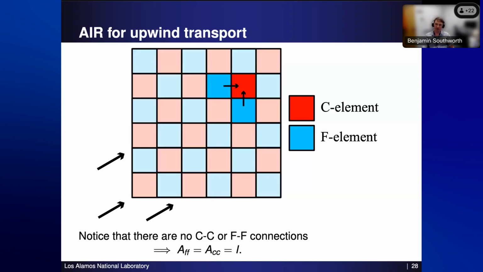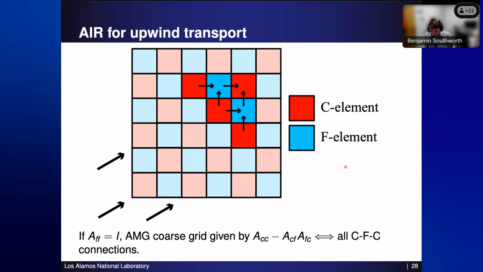Then if you think about a standard upwind DG discretization and consider the matrix connectivity of the C element, you only have facet integrals over the upwind faces, right? And so it's only connected to F elements and it's connected to no C elements. And so what this means is that AFF equals ACC equals the identity. So on the very first level of applying a block error, where I mean, we coarsen and form transfer operators by DG element, on the very first level we exactly get ideal restriction because we can eliminate, because AFF inverse is effectively trivial to form.